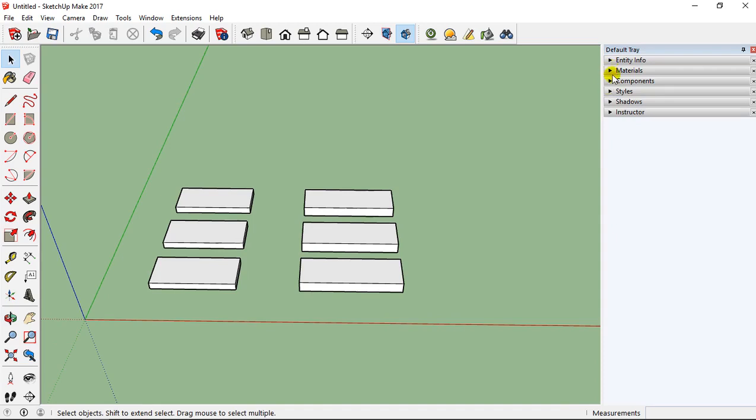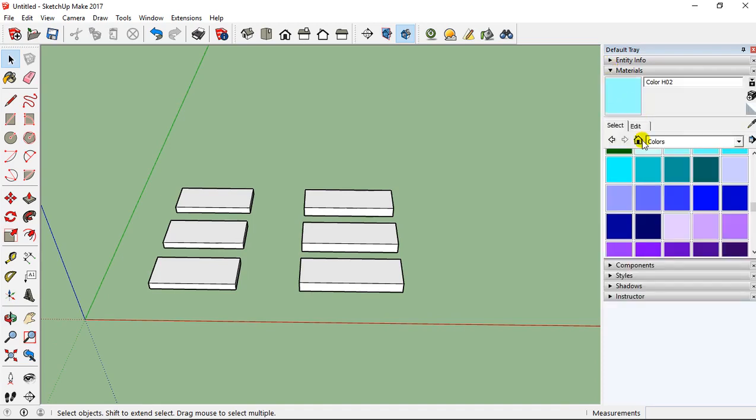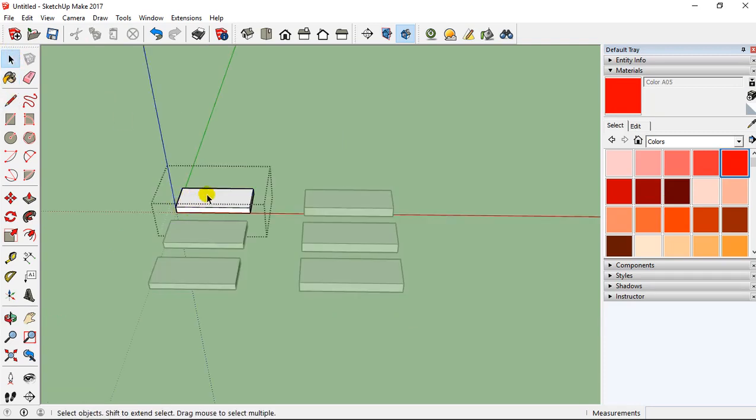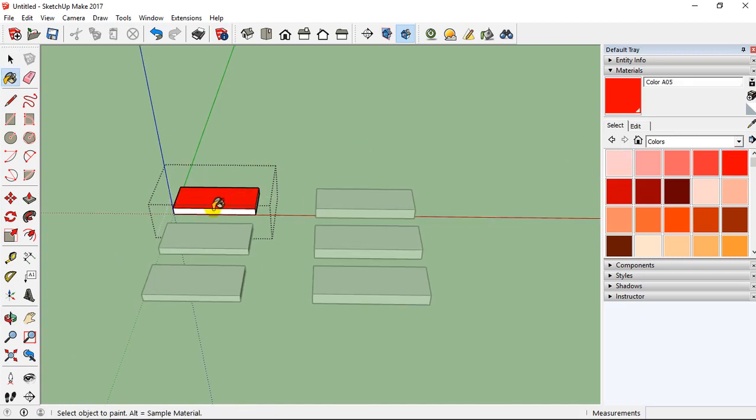I take the material tool and I'm going to select a red color. First, I'm going, for example, to edit this group, and I take the red color like this. And you can see that I apply the red color only on this entity, even if I duplicated twice.